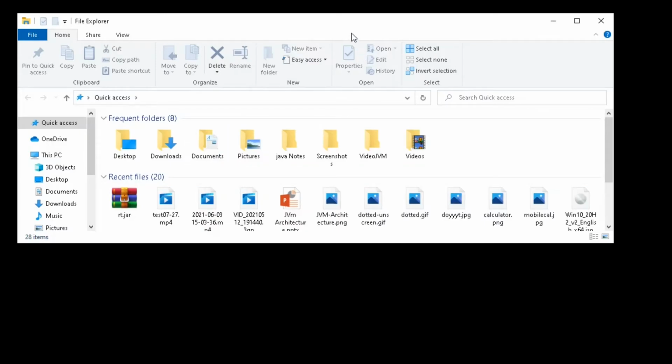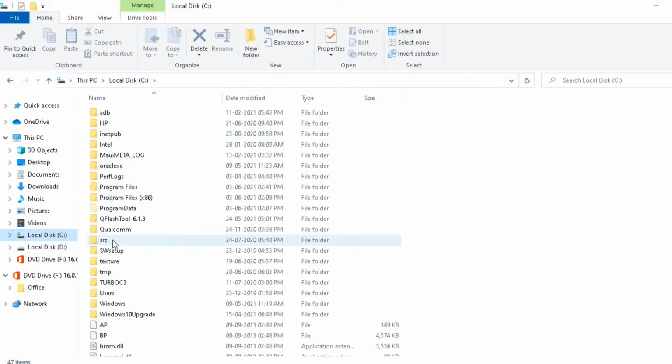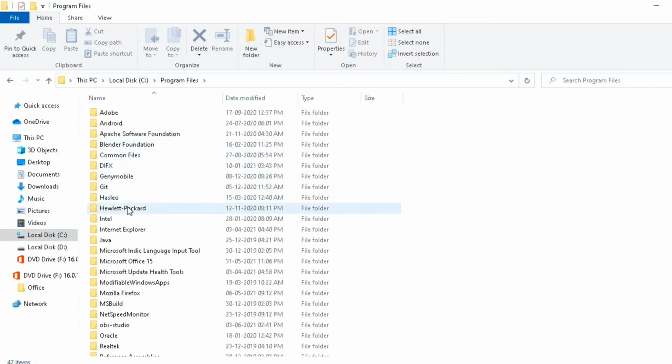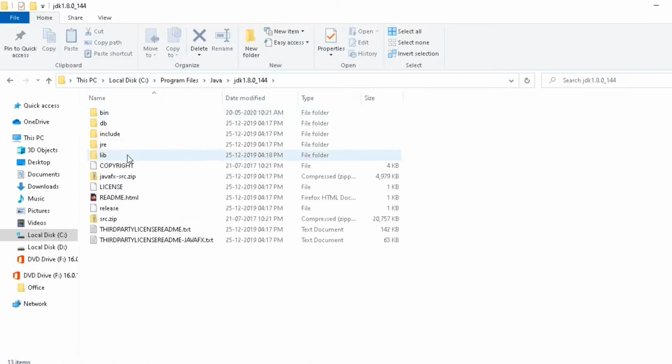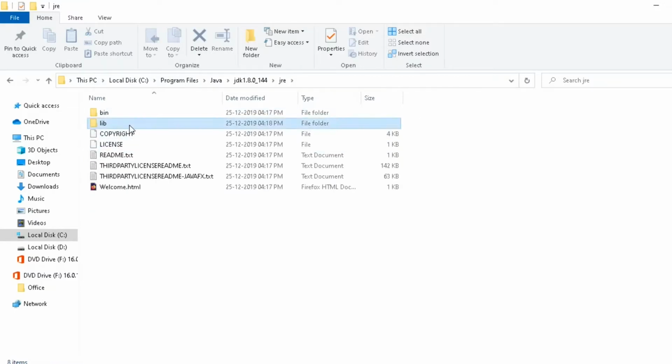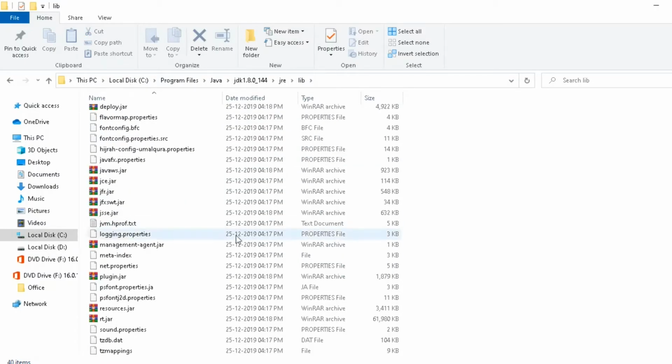If you open File Explorer and go to the Java folder inside Program Files, then go into the JRE and then lib, here we can find rt.jar.